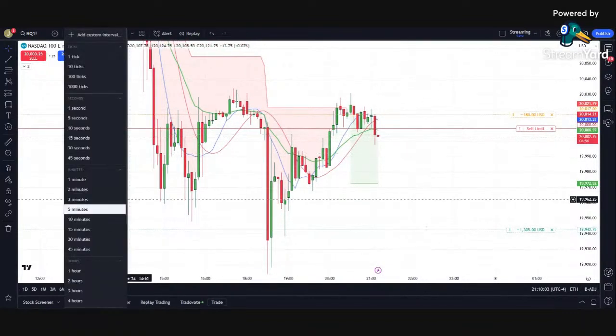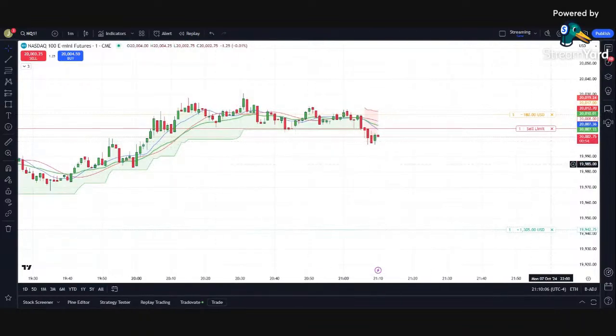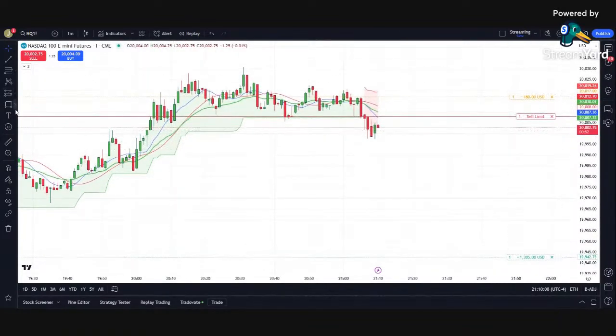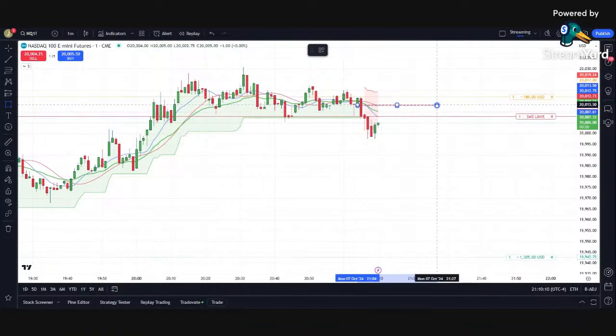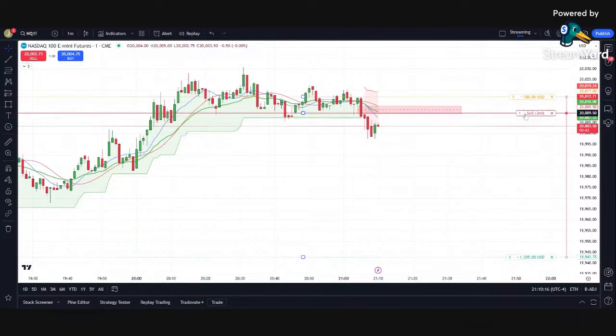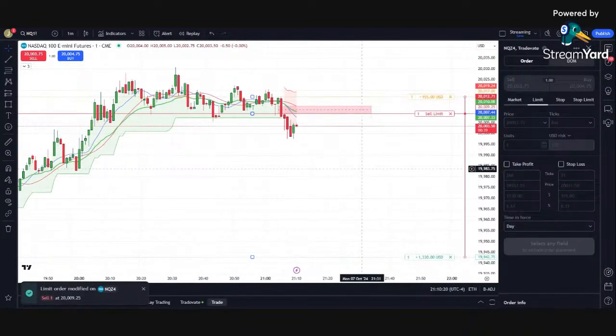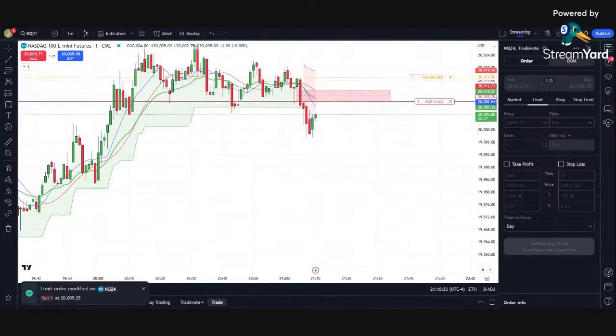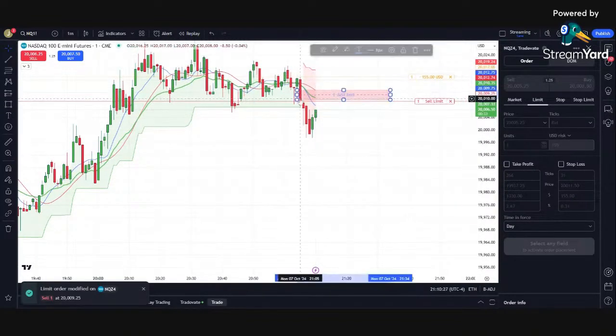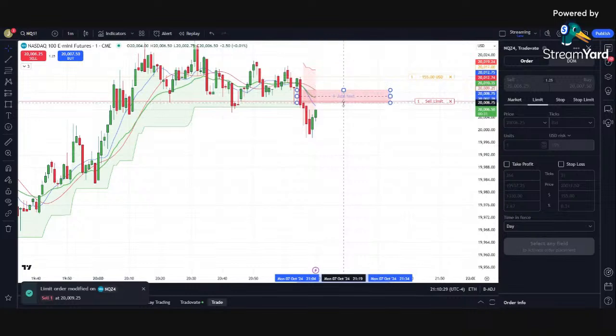Let's see. I think I'll take this trade. This is our fair value gap. We'll go here. Yeah, I need to practice what I'm preaching. Guys, a fair value gap, don't consider the wick. Actually, this is a fair